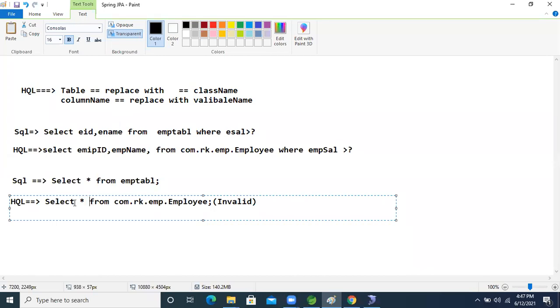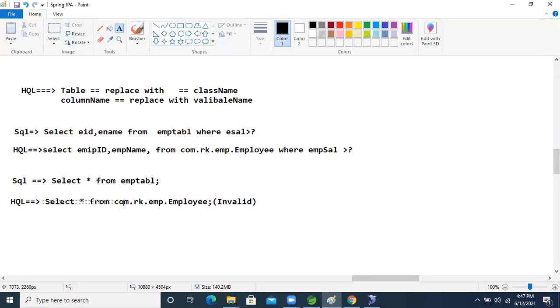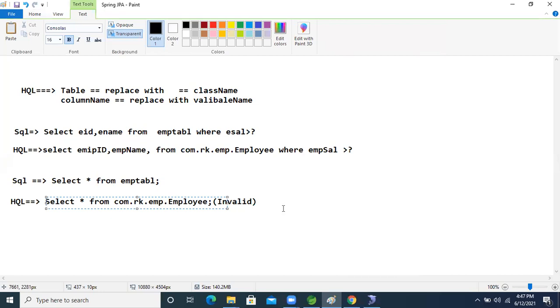No. We are writing the HQL query in Java, but that one is the database query, right? This is the Java HQL query we are writing. Star means what, guys? Multiplication. If we write star, then Java will treat this query as multiplication, which means we will get the error now. Got the point? Yes.